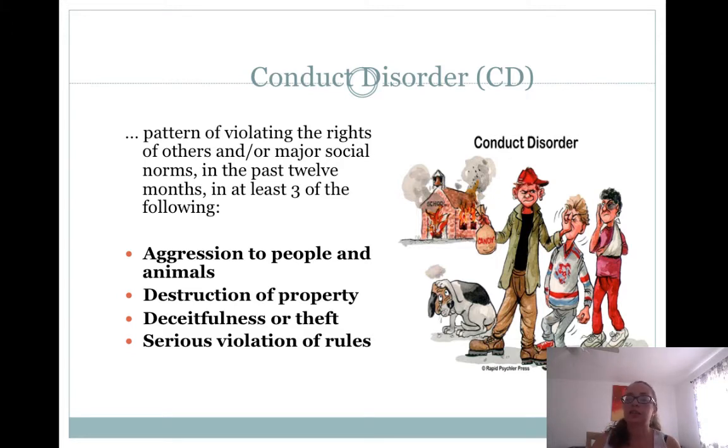Now, we'll talk about personality disorders later on, but it starts with oppositional defiant, goes up to conduct disorder, and then will often continue into antisocial. Now, obviously, the amount of people in each of these disorders is going down. So antisocial personality disorder is rare. Conduct disorder is a bit less rare. Oppositional defiant is significantly less rare than conduct disorder. So as you age, it's more and more rare to get into these serious disorders. But obviously it happens.